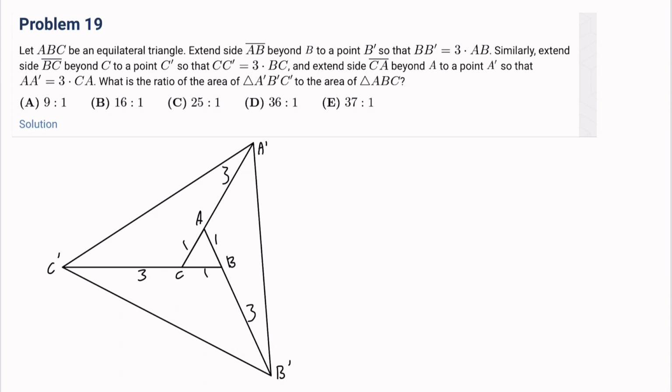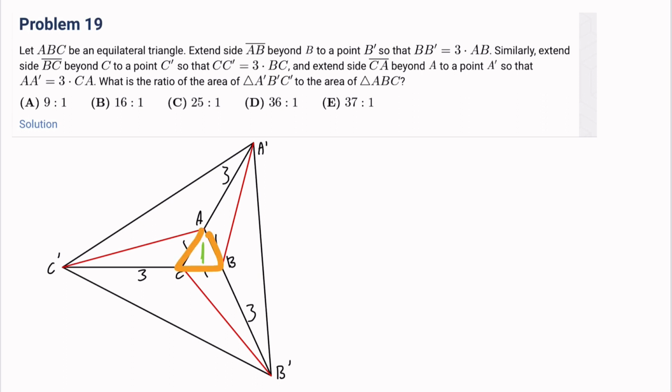And what we have to do is just do 3 simple things. We just have to draw 3 lines. So we can draw a line from C to B prime, and we can also draw the line from A to C prime. And boom, we have our answer, because if we see that this area is 1, then